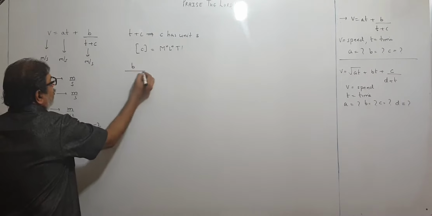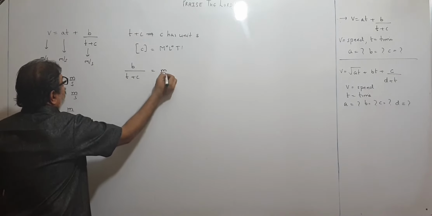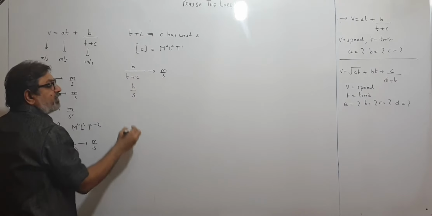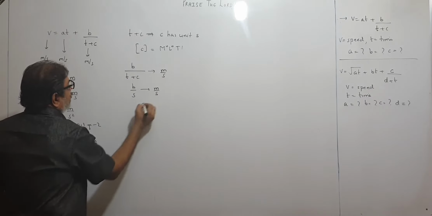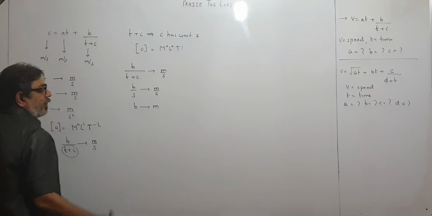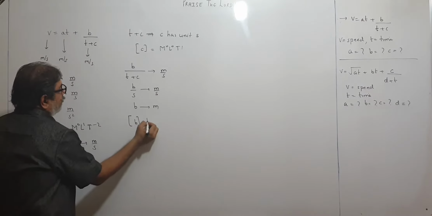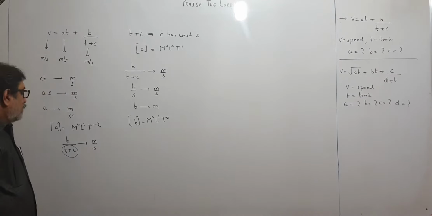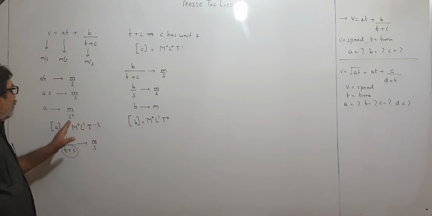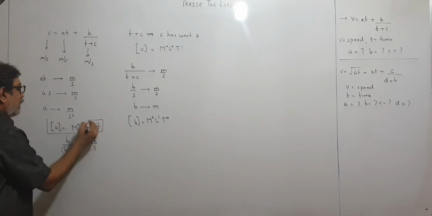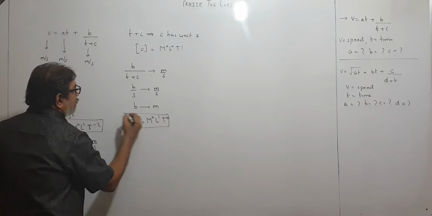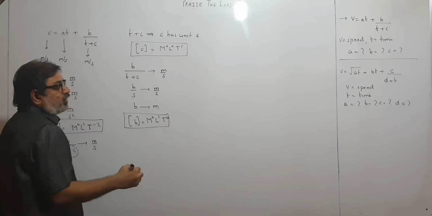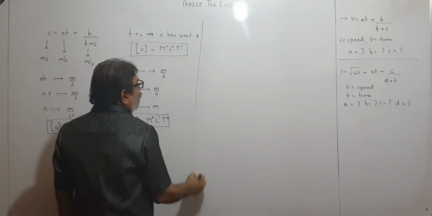So B upon T plus C is meter per second. Right, so B upon second, because this is having unit second, that becomes meter per second. So B has got unit meter. So what are dimensions of B? That will be m0 L1 T0. So we got B, we got C, and we got A. So we got all the things. तो थोड़ा हमको ट्रिक से चलना पड़ेगा. ठीक है, सोच के by logic we have to proceed and do the things.